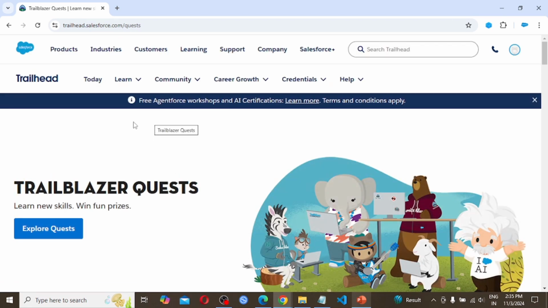So here we are seeing a notification: free Agentforce workshop and AI certifications. Learn more. Terms and conditions apply. So for now, Salesforce is providing a free AI Associate certification up to the end of 2025.